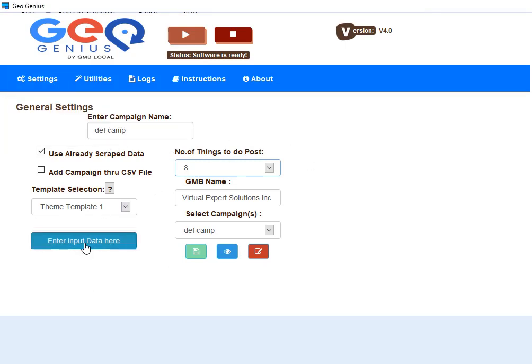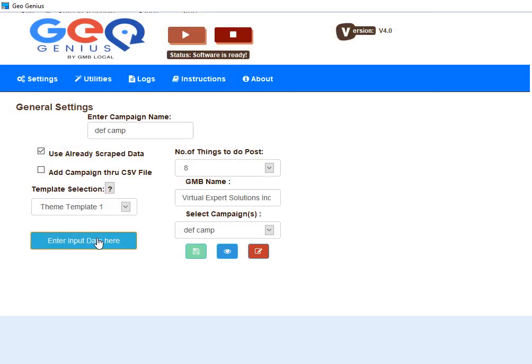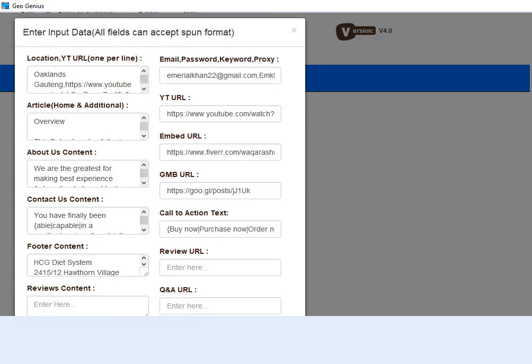we also changed some things in the data input. Input method by UI: when you are going to input data by using this UI interface, you have to put the location and a comma separated YT URL. These YT URLs are optional. If you provide the YouTube URL here, comma separated along with the location, then the software will use this URL